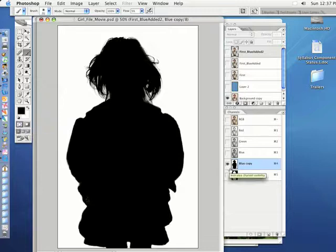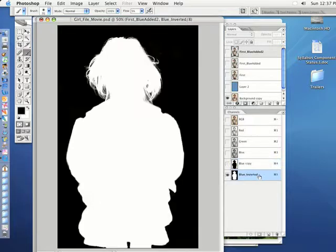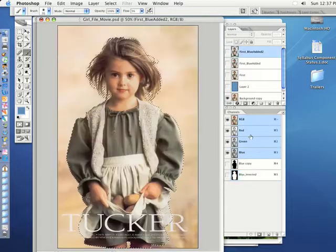Now let's begin, and I'm going to show you what you actually end up with. You're going to invert this, and I kept both of them because I wanted you to see. I duplicated the channel for this one here, and I just inverted it, Command I. Because what you're finally going to do is Command click this to turn it into a selection. You're going to click up to the RGB image now, turning all these extra channels off. You're going to click to your